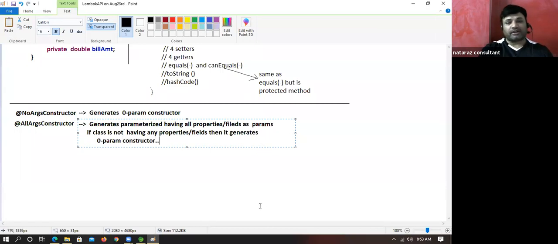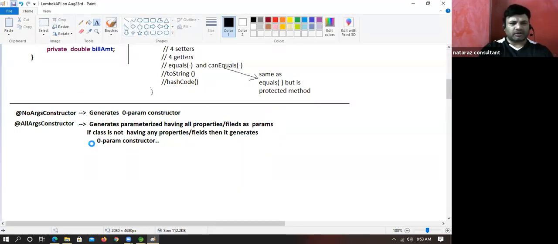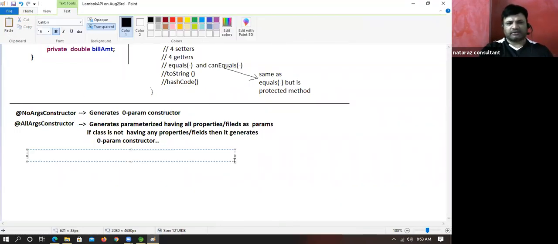This is very important, boss. Both are applicable at class level. Why class level? Guess it. Understanding my point there?